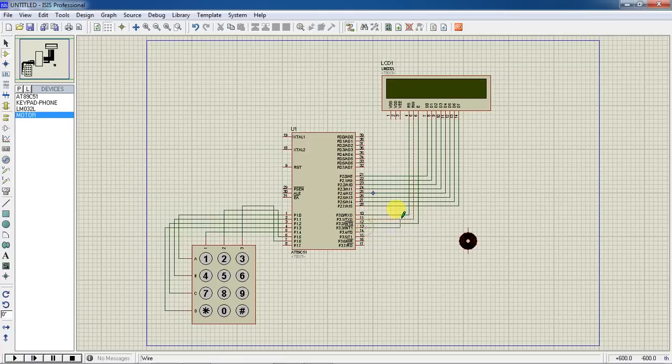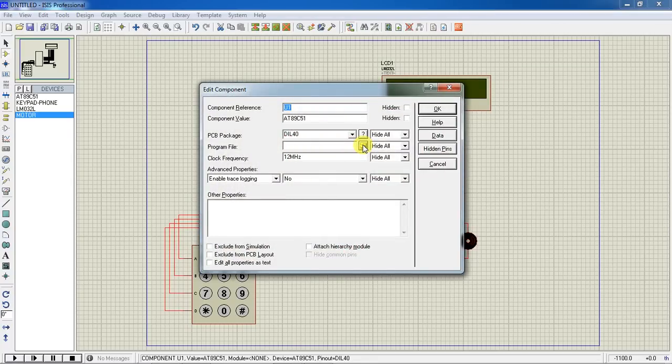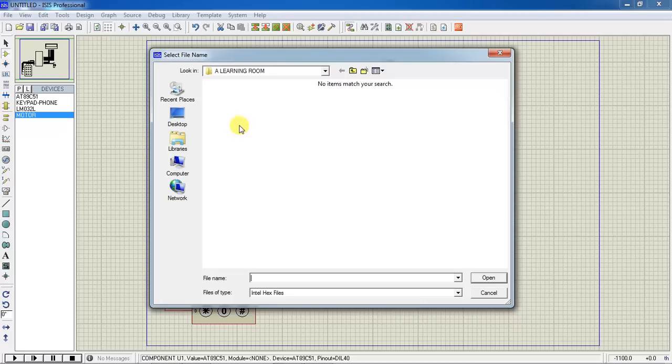And to observe the motor condition, which are connected with P3.3 and P3.4. This is the complete hardware design,